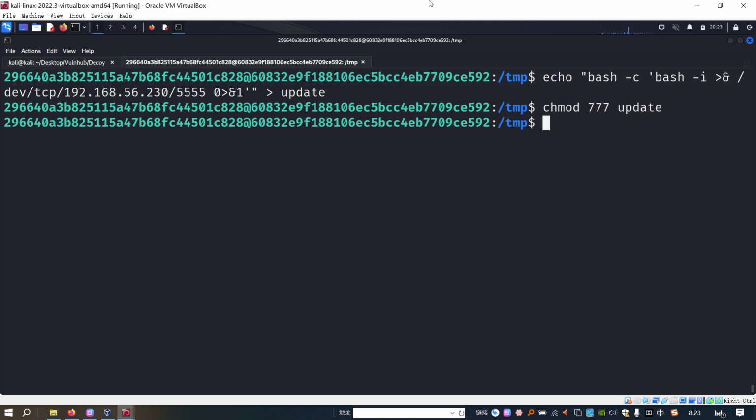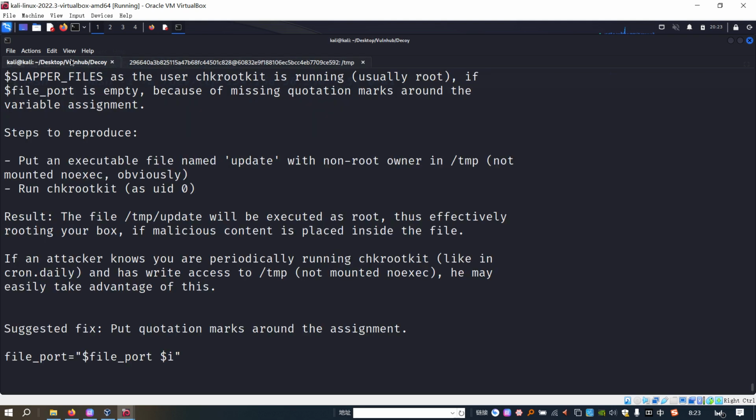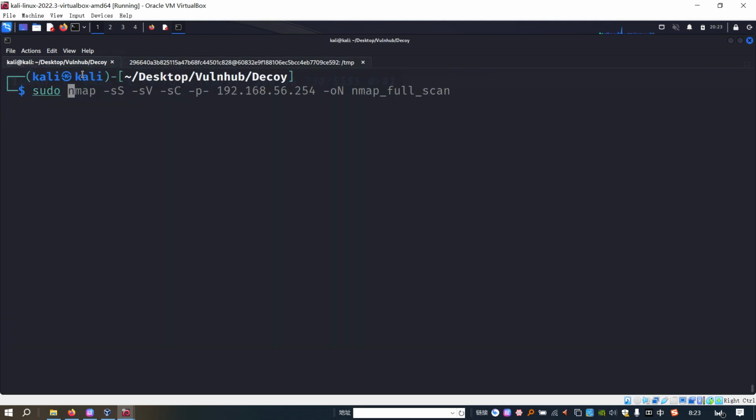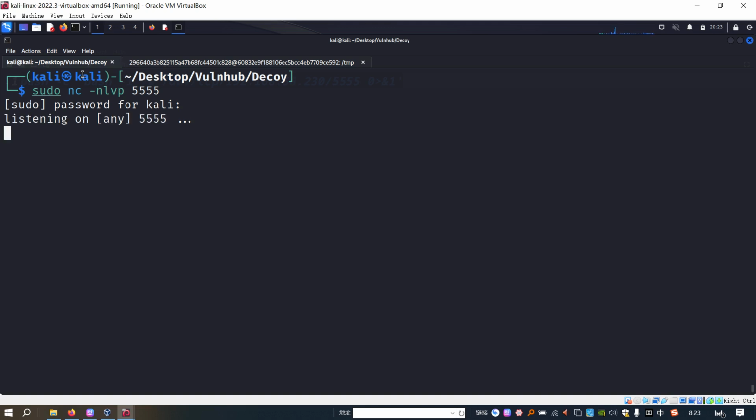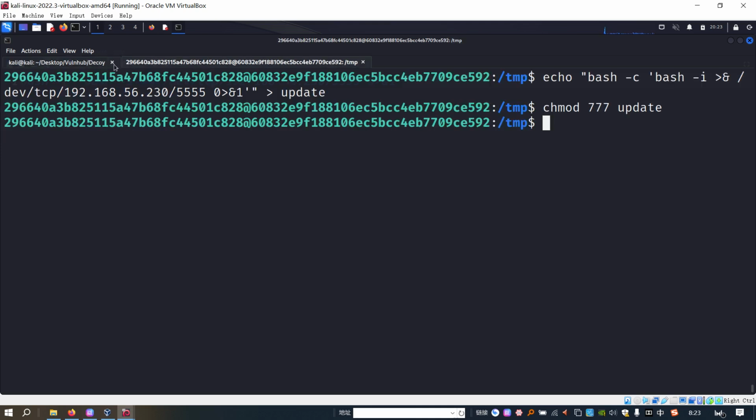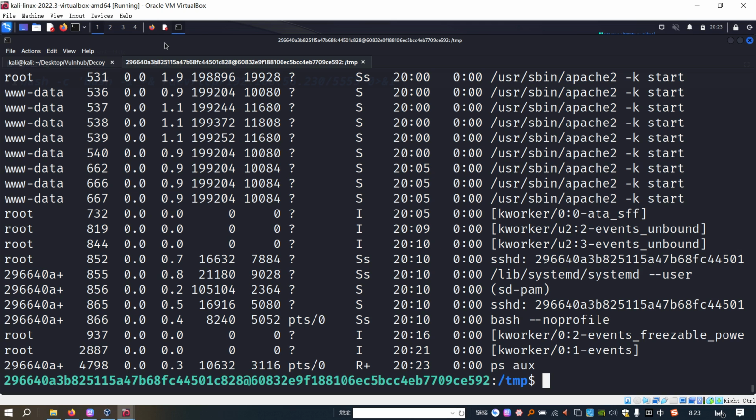Okay, and now we can set up the listener. And now we can check. Maybe we need to trigger the checkroot kit again.